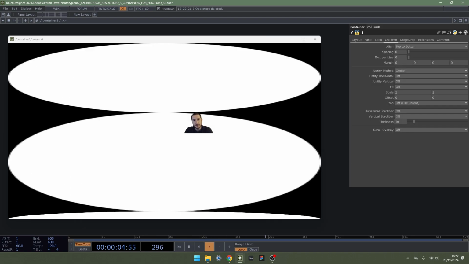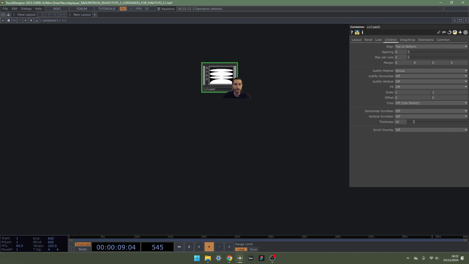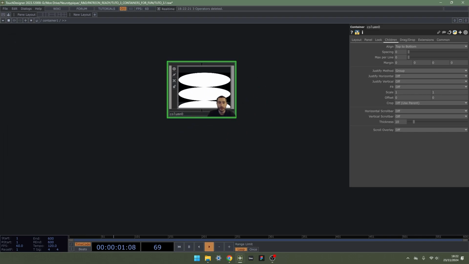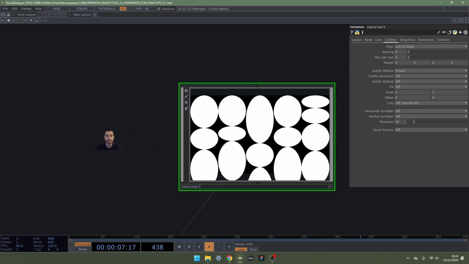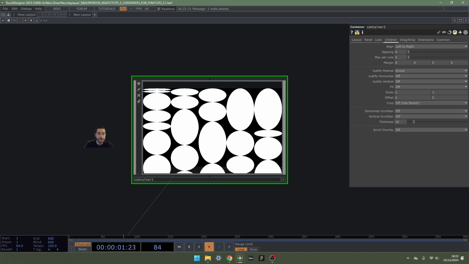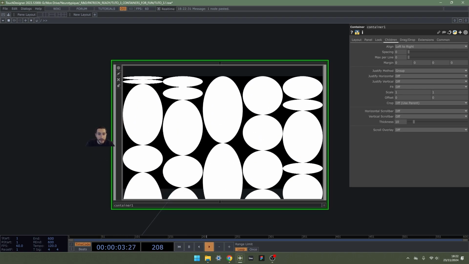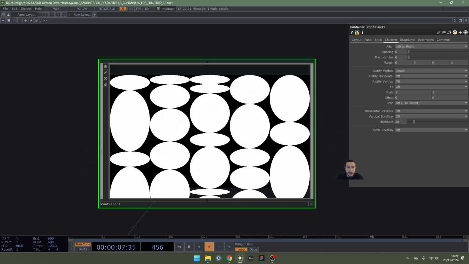When we do this, let's close this one, we can either have one big column of circles, or copy and paste and have more of them. When I go back, I just copied and pasted this, but we see that it's going through the same shapes cyclically. It's not random.